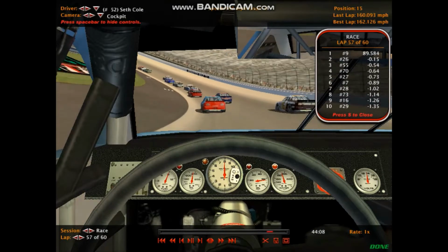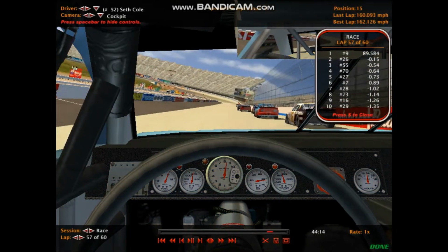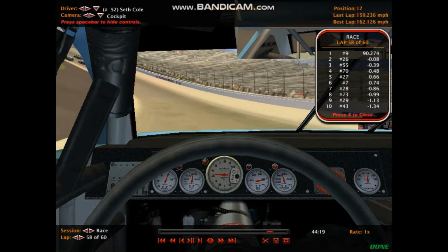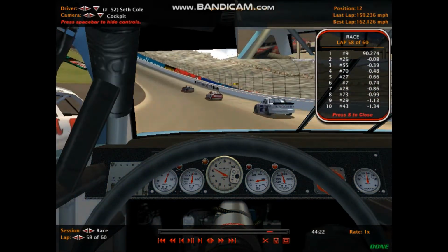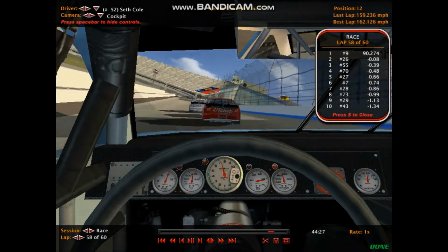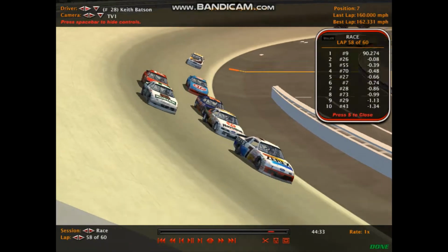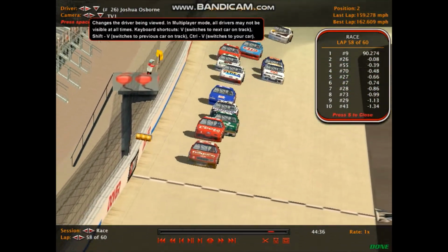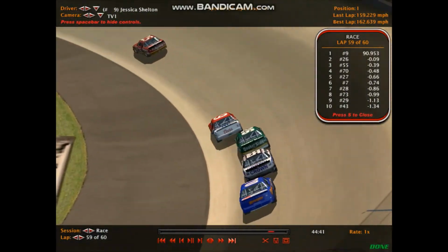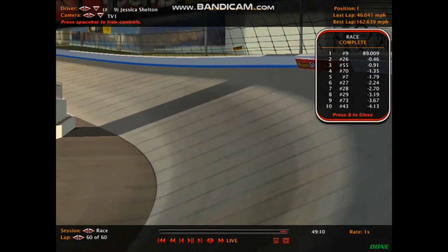On board Seth Cole's car. And then there was that battle back to the caution flag there between Shelton and Osborne. Osborne took a peek to the low side, but just could not get past Shelton. And that was what won the race. That was what sealed the deal for the number 9 Coors team. So,